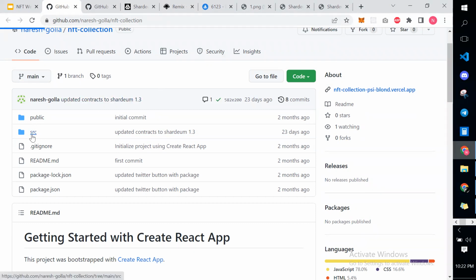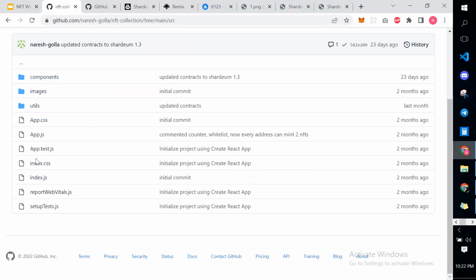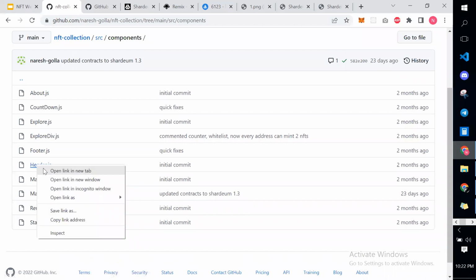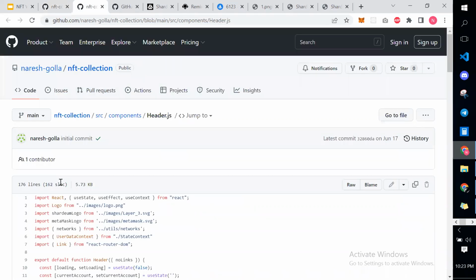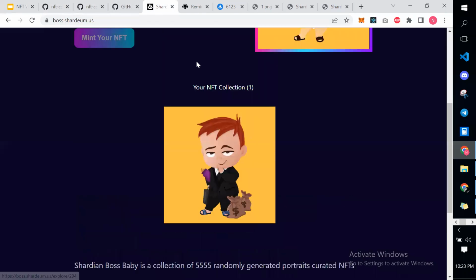So if you open source, first we'll have these components. In components, we have header, about, count, to explore, and all this. So in header, what we'll have is,